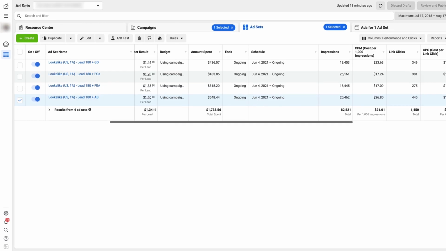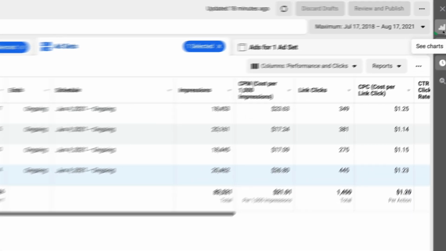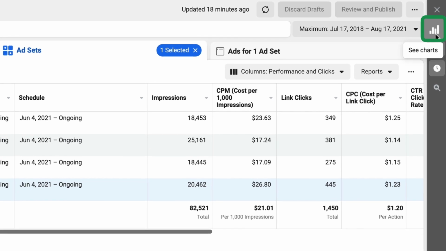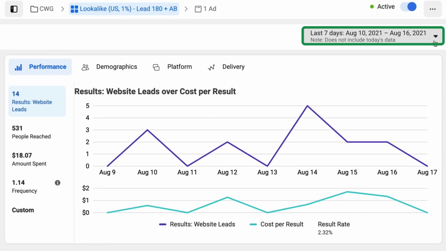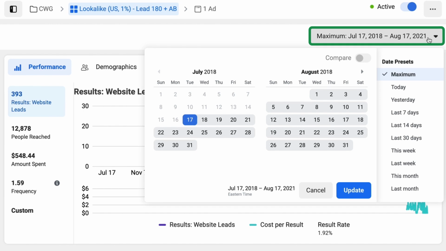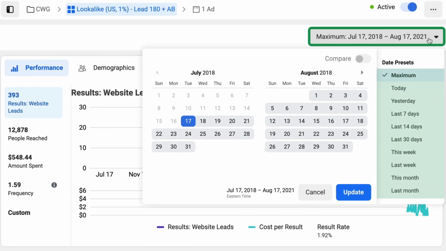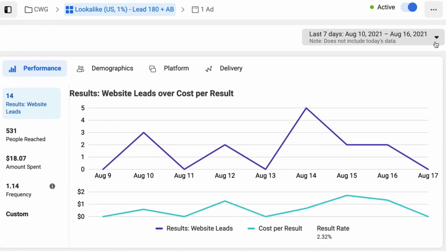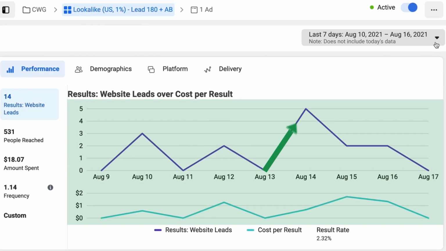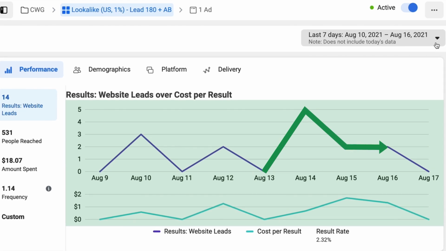So here we are inside of your ads manager. Over on the right hand side, we're going to click on this little charts button. In your top right hand corner, you can adjust this to your last 30 days, 14 days, 7 days, kind of click around through those various views, and that's where you can determine for yourself, are your ads trending upward every day, or they have a spike and then it stabilizes again.